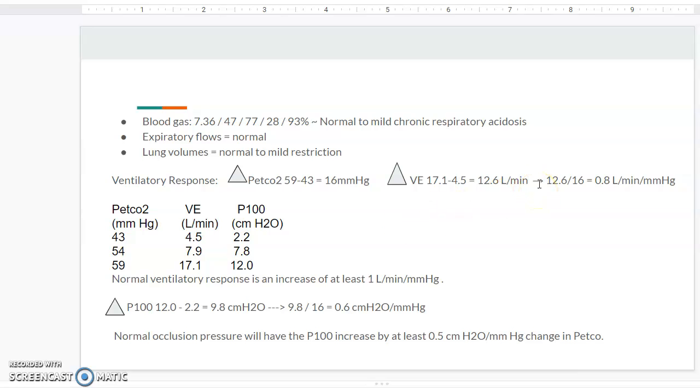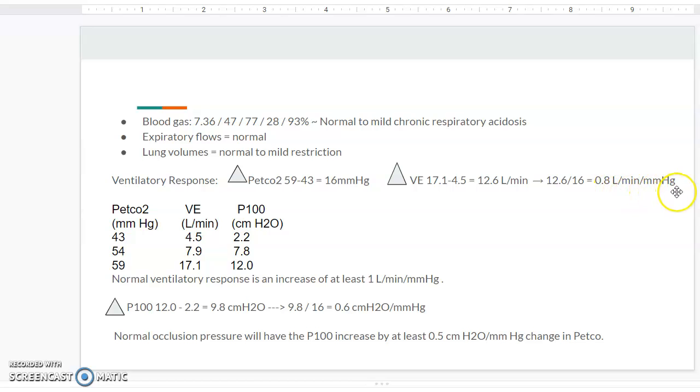And divide that by the change in exhaled CO2, excuse me, took me a minute there. So you get a difference of 12.6 in your minute ventilation. You divide that answer by your change in exhaled CO2, and what you should come up with is 0.8 liters per minute